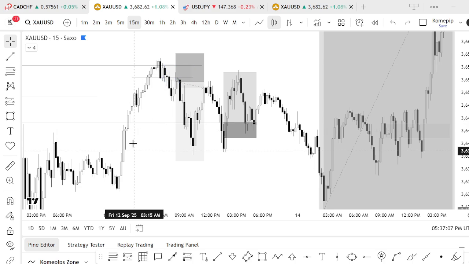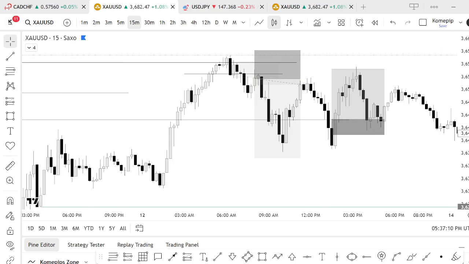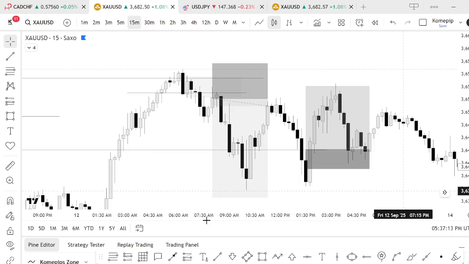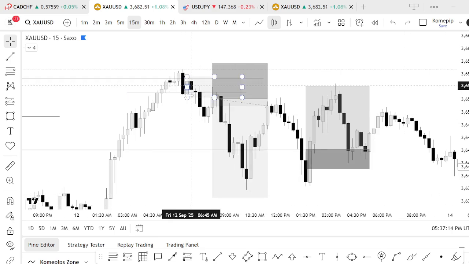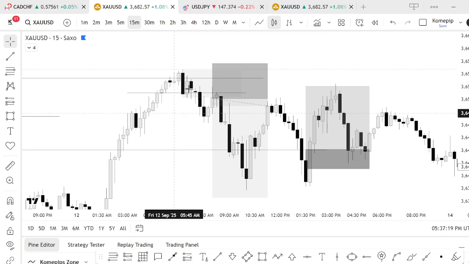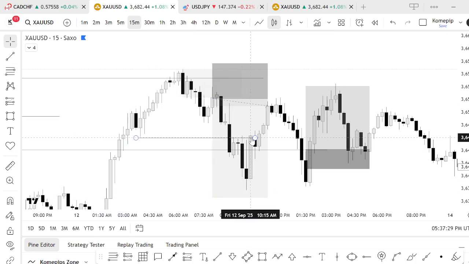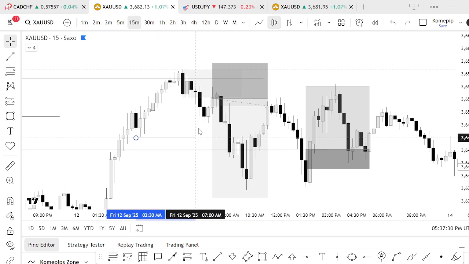The same thing. Now, if you understand ICT concept very well, you understand that we also have an order block here. This overall movement is the actual order block for this leg. Is it not true? It is, right? So we have another break of structure to the downside on here. Because we have a break of structure here, we can also start looking for